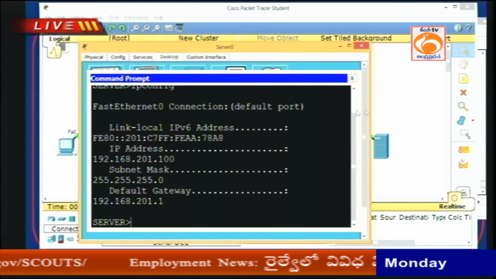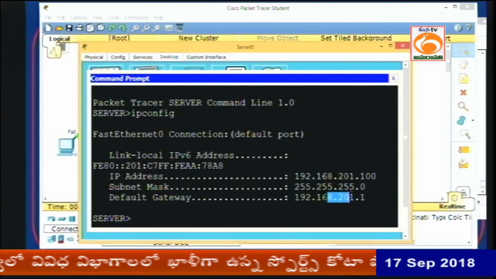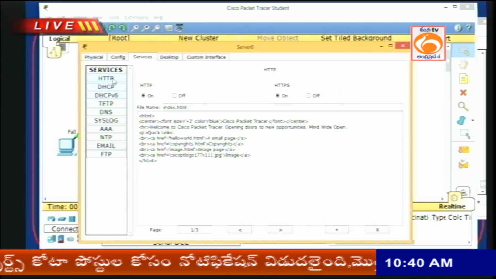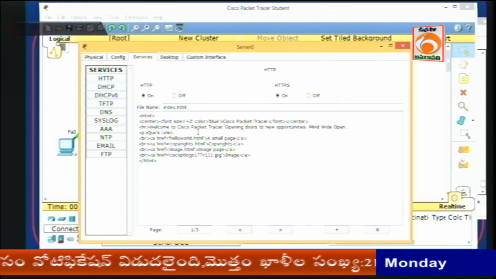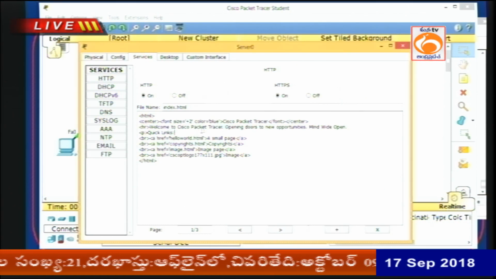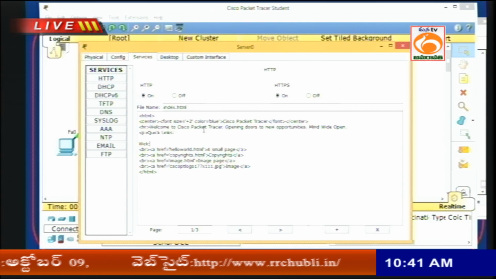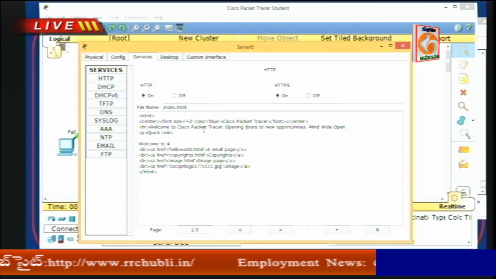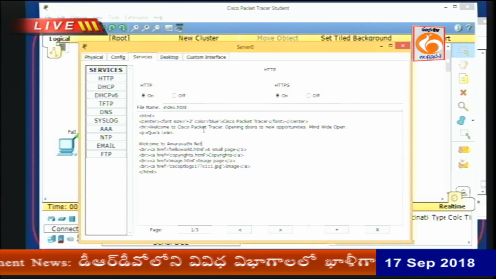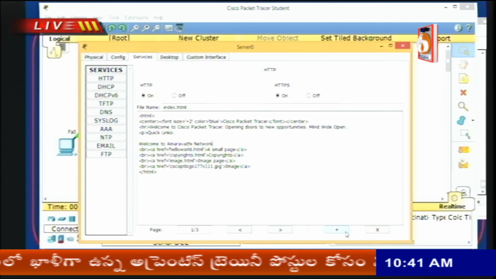So, you can see the parameters is assigned. Now, we go to the services and then go to HTTP services. In this, there is a message already available. So, just to create some message here, we give welcome to AMRVT network. So, we created a small message and then we are going to save it,